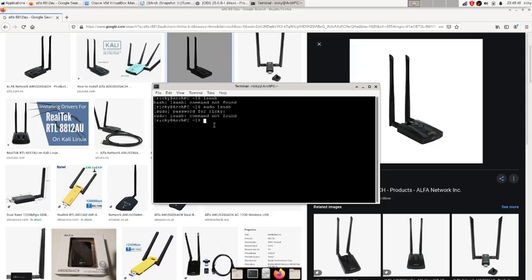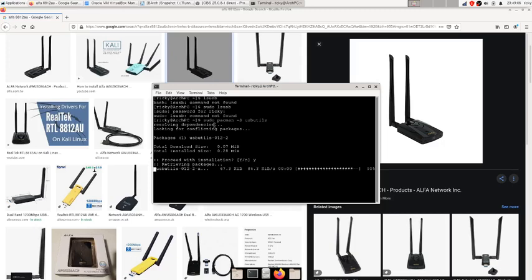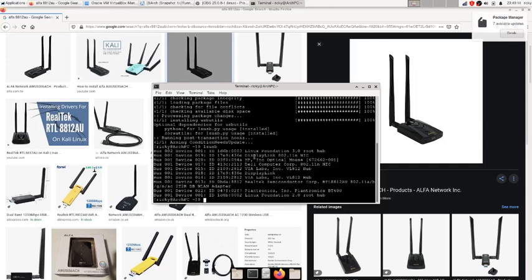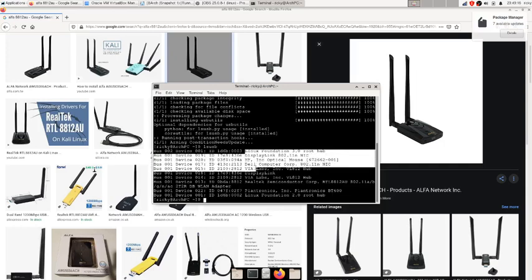Sorry, I have not installed that USB command. For that you have to use pacman: sudo pacman -S usbutils. You need to install usbutils. It will find all the USB devices on your machine. So lsusb will display all the USB devices connected to your host machine.